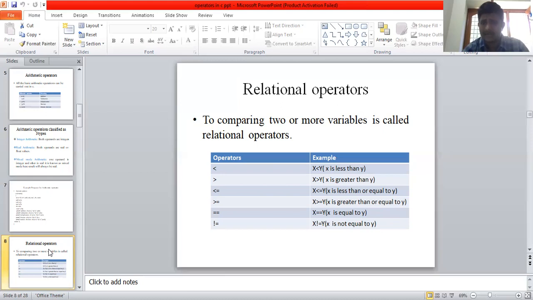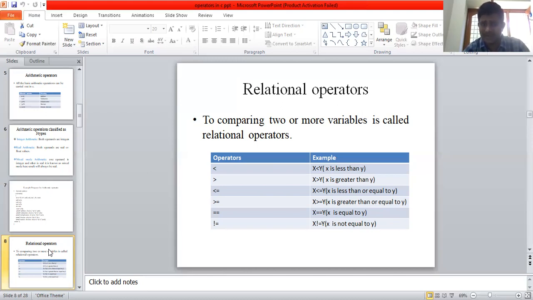X less than y means x value is less than y. Comparing the two variables x and y, less than is the relational operator symbol, and x and y are the two operands. These two operands check the condition: x is less than y, it's true, the condition is true.